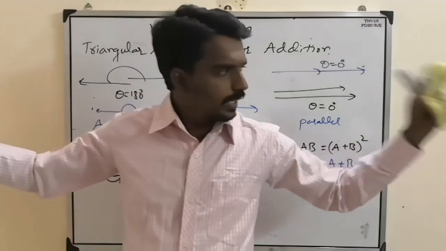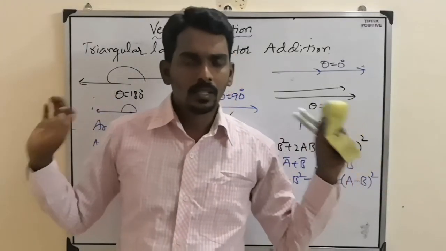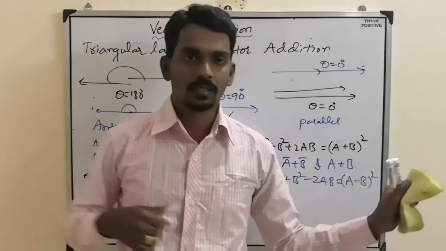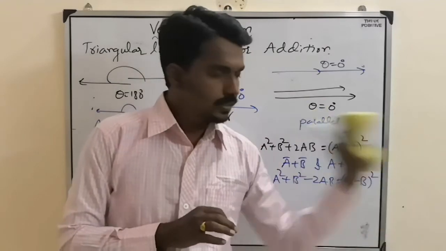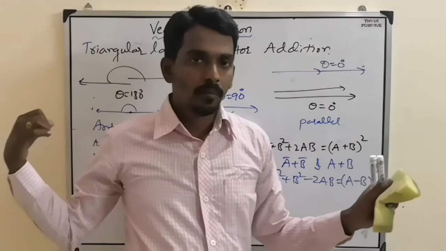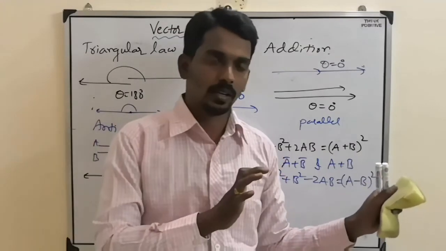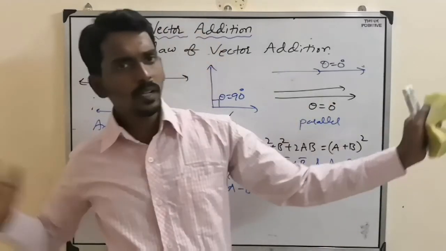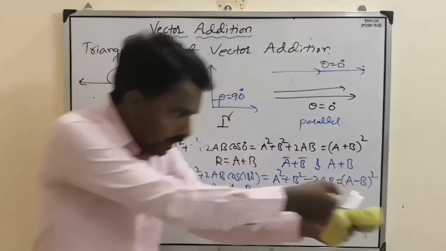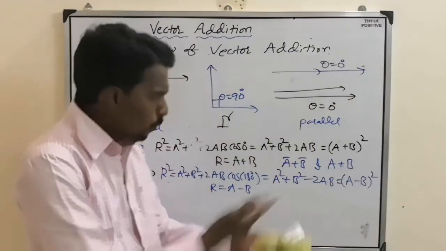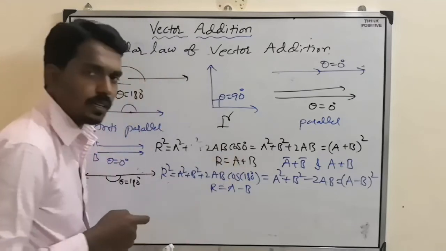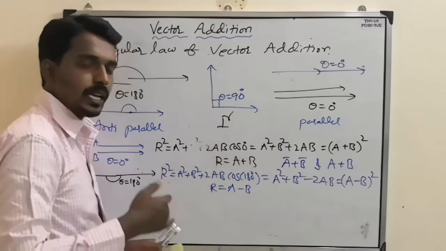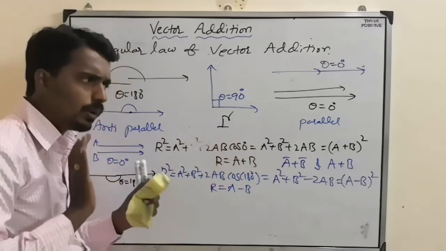Or else, instead of pulling 10 Newton this side and 10 Newton that side, suppose one is pulling this side and one is pushing from this side. Please understand, this side pulling 10 Newton, but from this side pushing 10 Newton. Now both 10 Newton forces are towards the same direction, this way. One is pulling, one is pushing, both are the same. Now both are in the same direction, so what is the resultant? A plus B. Then the resultant force is A plus B, 10 plus 10, 20. That's why you will move easily.